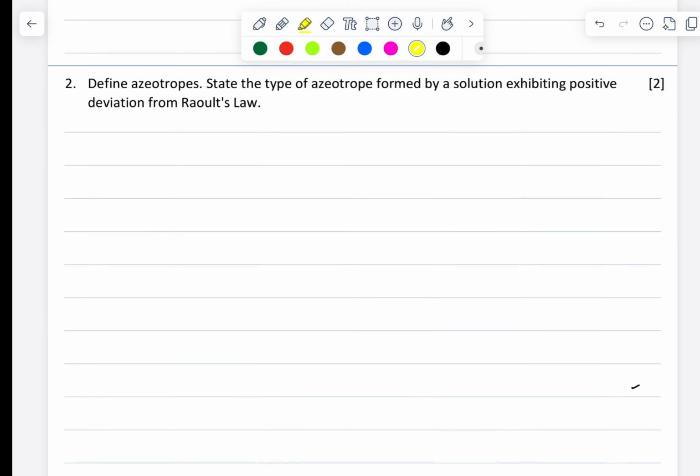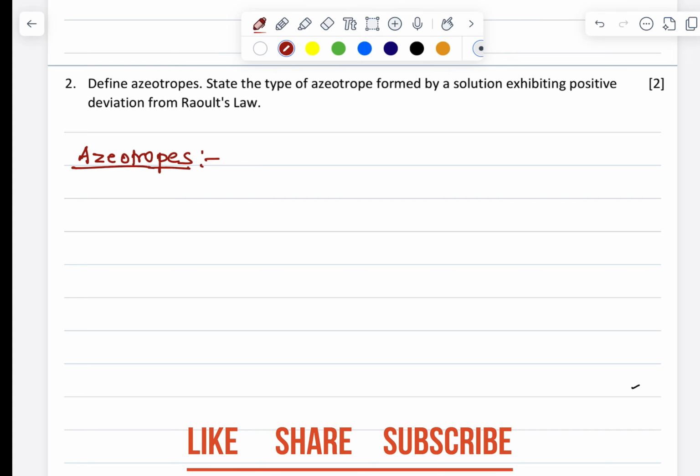Next question. Define azeotropes. State the type of azeotrope formed by a solution exhibiting positive deviation from Raoult's law. Okay, what is an azeotrope? I'll write the definition. If you know this definition, you can just go ahead. Don't wait for me to write it. It's just a definition. I'm writing it because you should know what definition is asked. So the definition of azeotropes is that